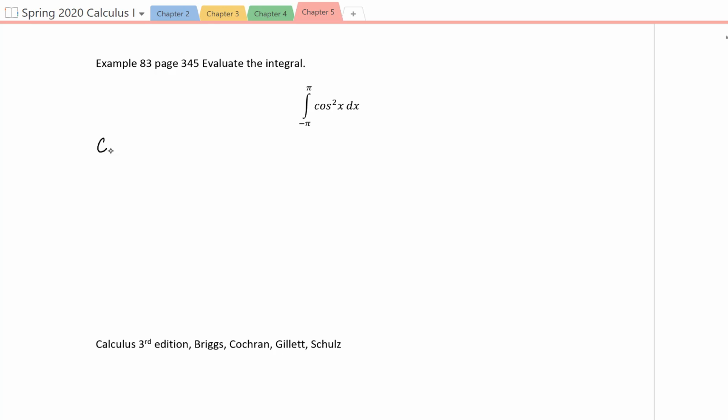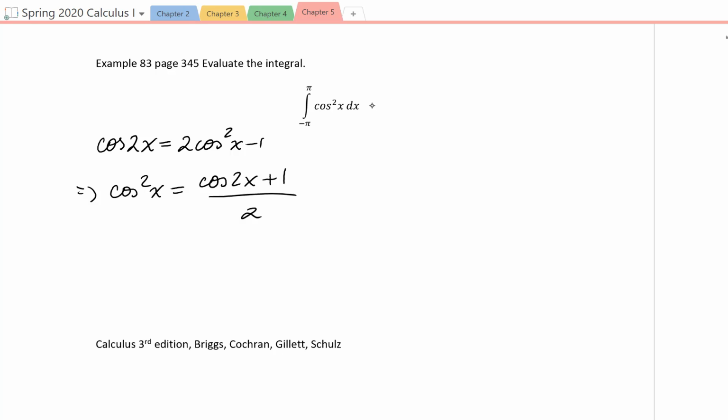So basically, cosine of 2x equals 2 cosine squared of x minus 1. And if we solve this, we get cosine squared of x equals (cosine of 2x plus 1) over 2. So I can actually write 2 times the integral from 0 to pi of (cosine of 2x plus 1) over 2. You might wonder, why did I write from 0 to pi? Well, we learned in 5.4 that cosine squared is an even function, so I can write 2 times. This 2 cancels with this 2, and we end up with the integral from 0 to pi of cosine of 2x dx